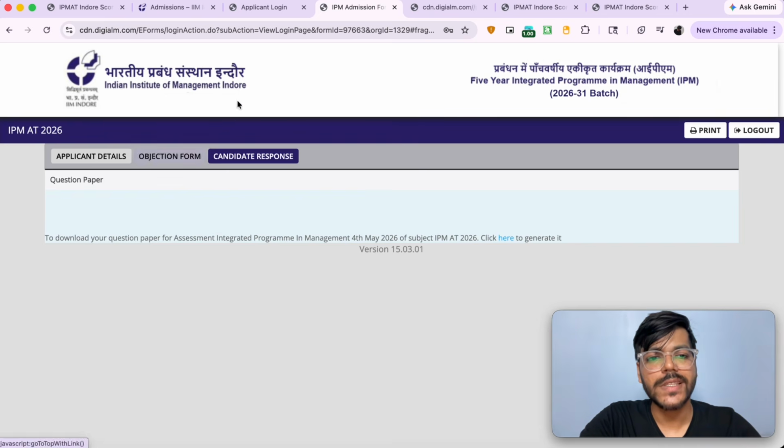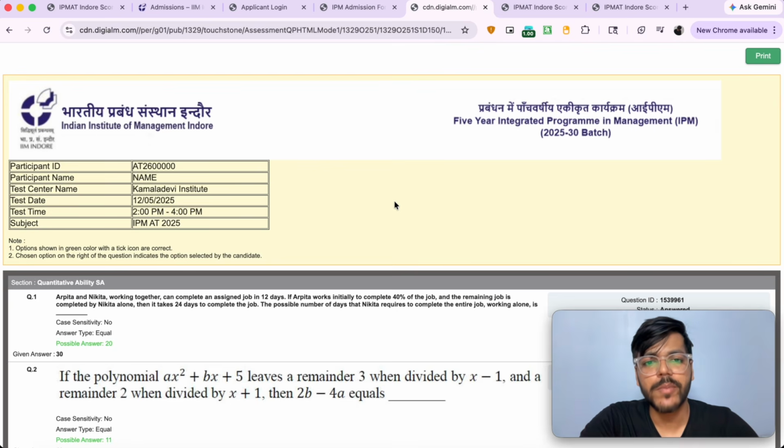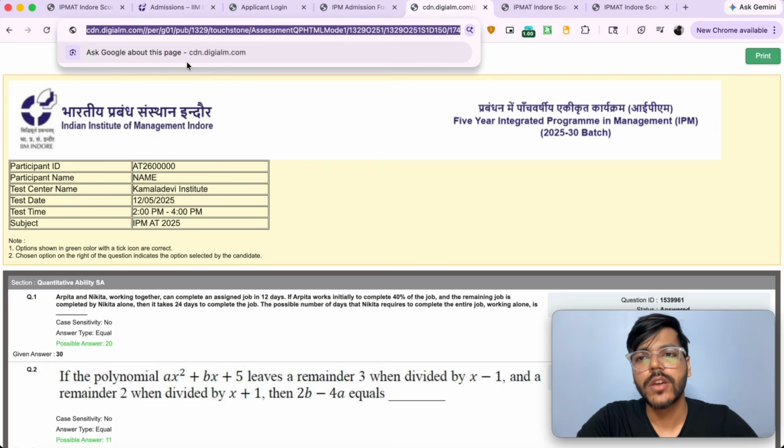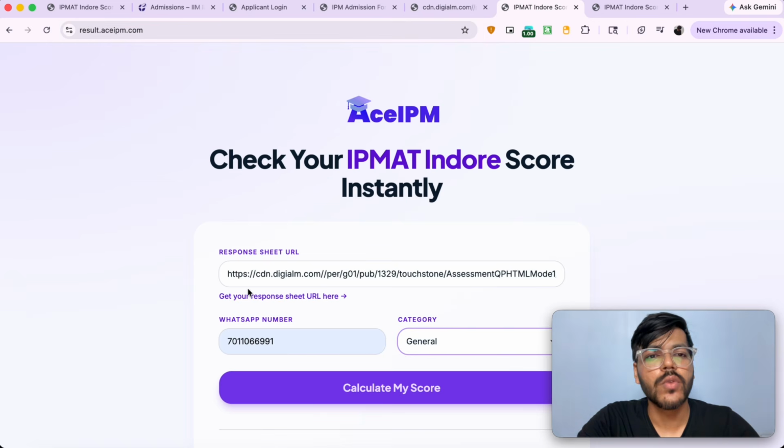When you log in, you will see these three options. You need to go on candidate response and click on click here to generate it. Once you do that, a pop-up will open up. It will look something like this. In this pop-up, what you need to do is you need to copy the URL which is here on top. So this is something that you click copy, and once you have copied it, you go back to our website,